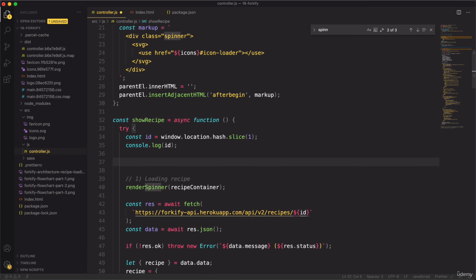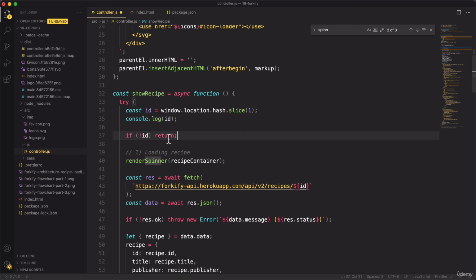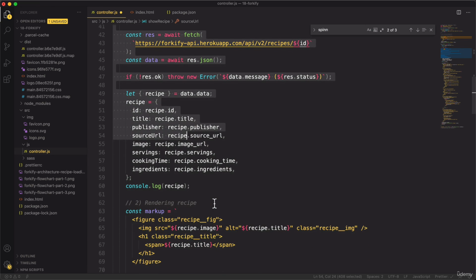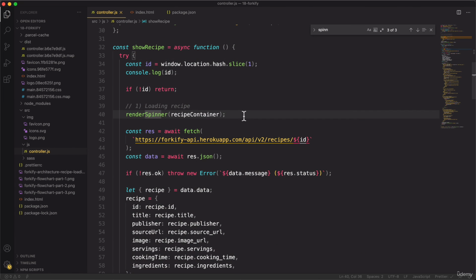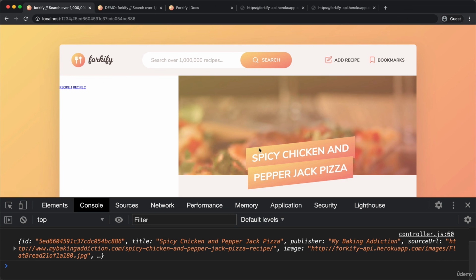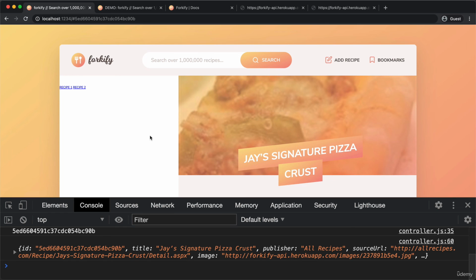And so let's put a simple guard clause right here, saying that if there is no ID, then return. And that's it. And again, using guard clauses like this is really the modern way of performing this test. So the old way would have been to write if ID, and then we would have to wrap all of this code here into the if block. And so that would then create unnecessary nesting and make our code harder to read. So if we save it now and reload it now, well, then we don't get any error and everything works fine. And so we can now safely click here, and then each of these different links will load these different